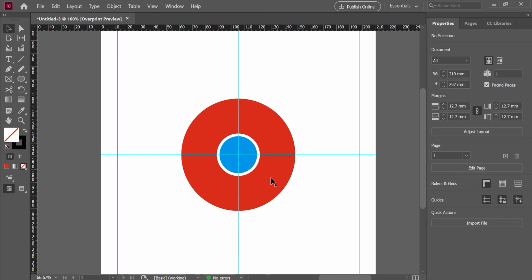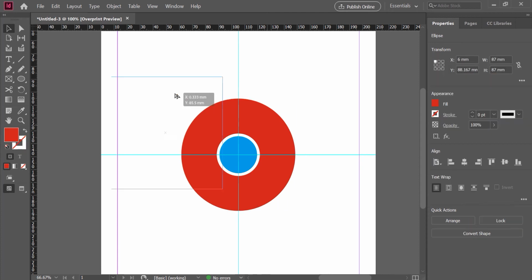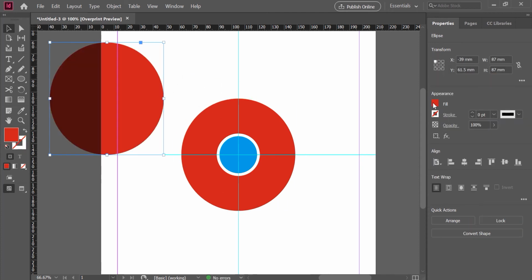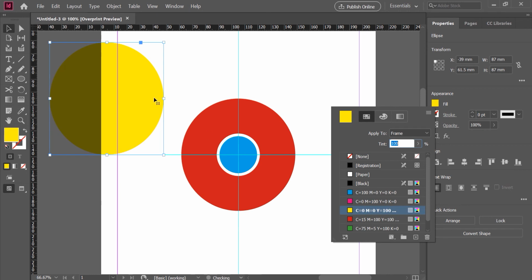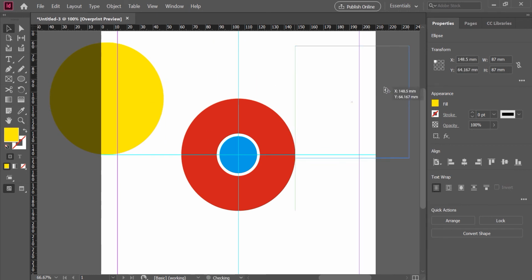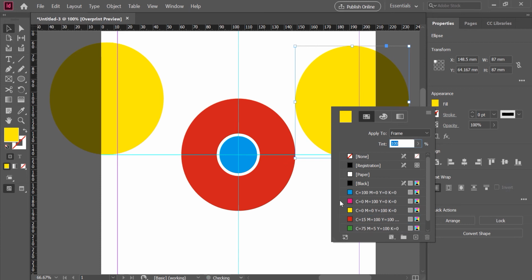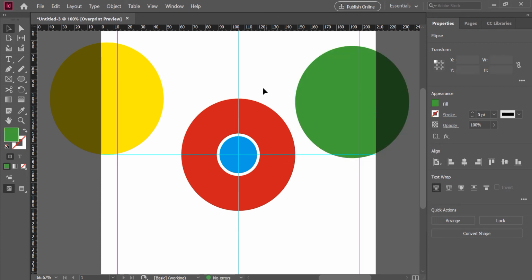And after doing that, actually we need 3 circles, that is red, green and yellow. So I'll make a copy of this one, keep it outside, make it yellow in color. I'll make another copy which should be green color. Okay, after doing that,